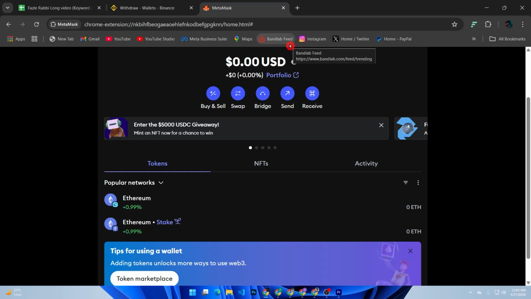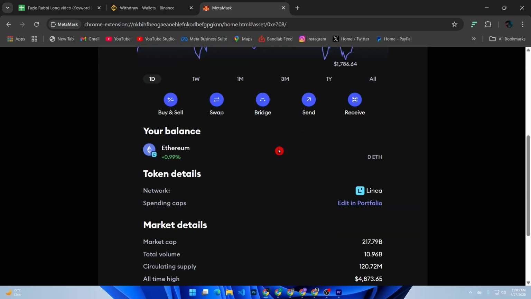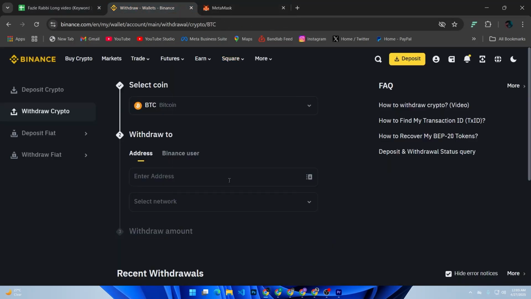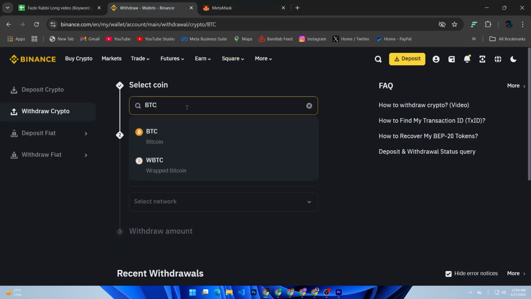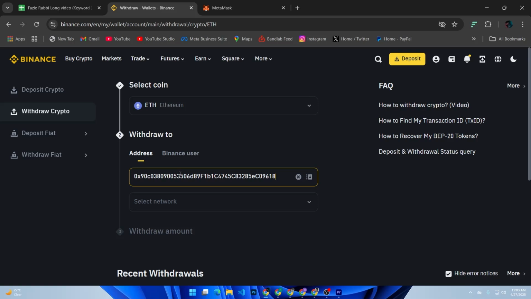Make sure it's set to Ethereum mainnet. Copy your MetaMask wallet address from here like that. Then go back to your Binance account, select Ethereum and paste the address